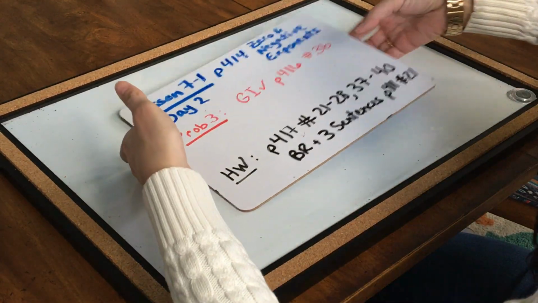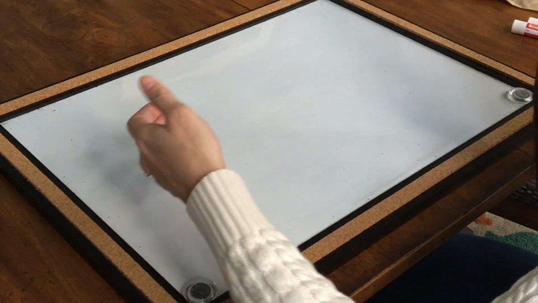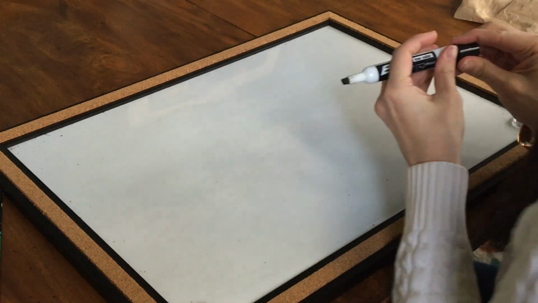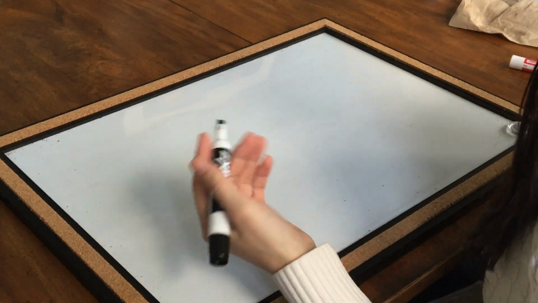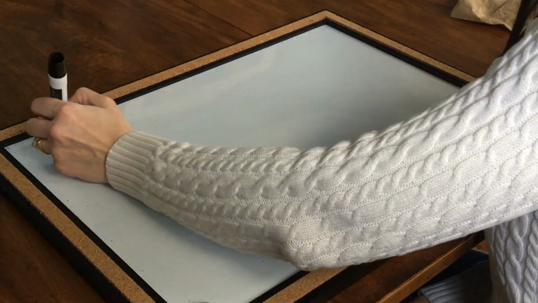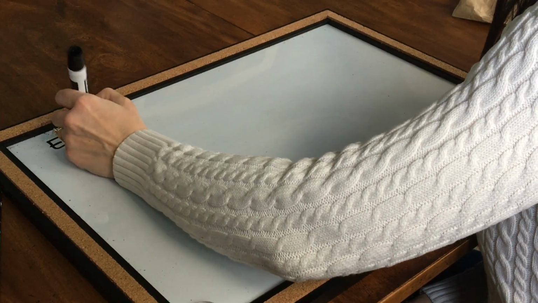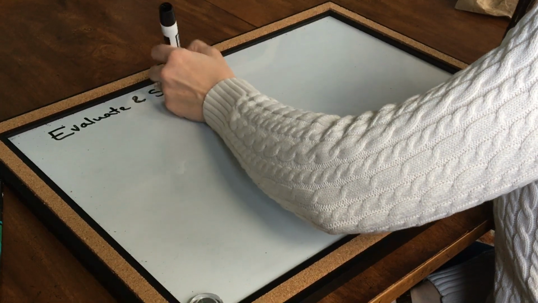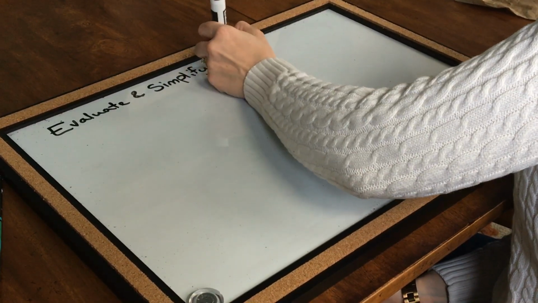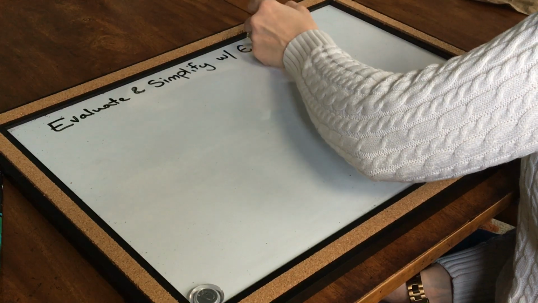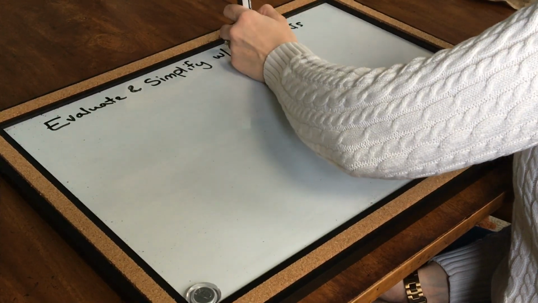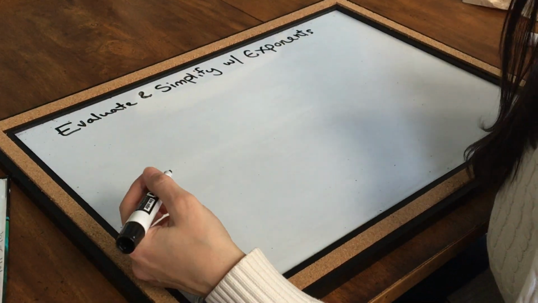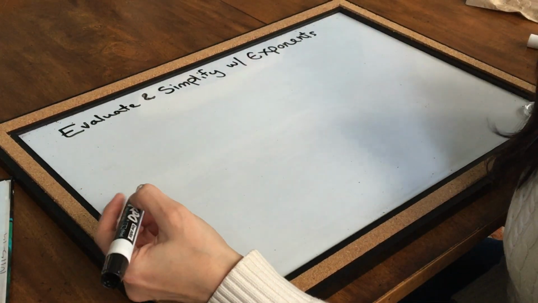Okay, let's get started with problem number 3. Problem number 3 is on page 416, and it asks you to evaluate an exponential expression. So this is evaluate, and I'm going to also say simplify with exponents. This time we're going to be working with variables, and then once we work with the variables, we're going to be plugging in our expression. So let's take a look